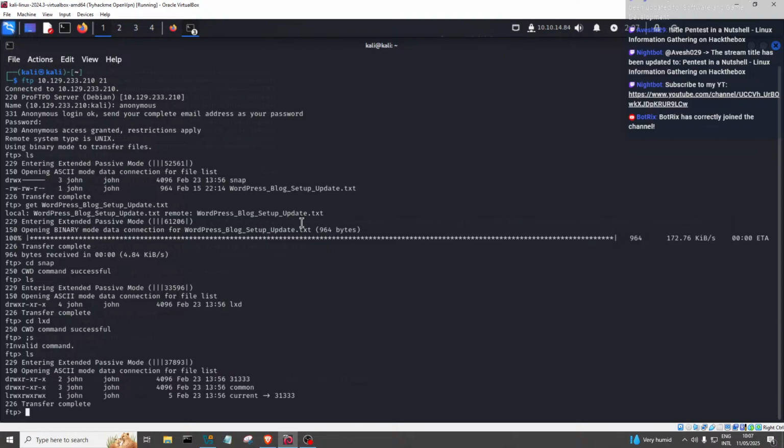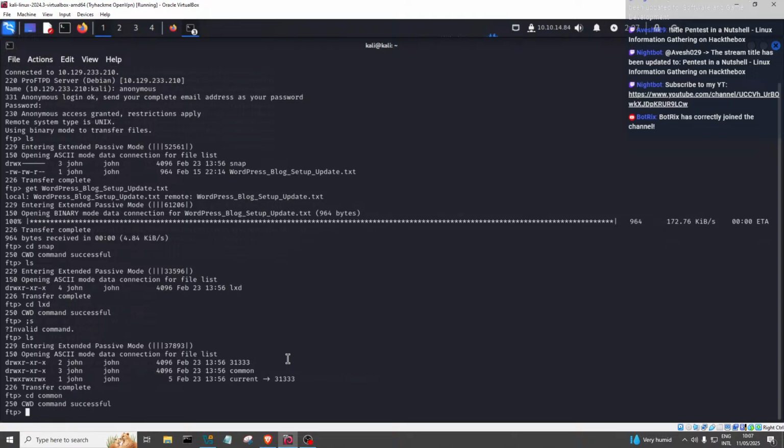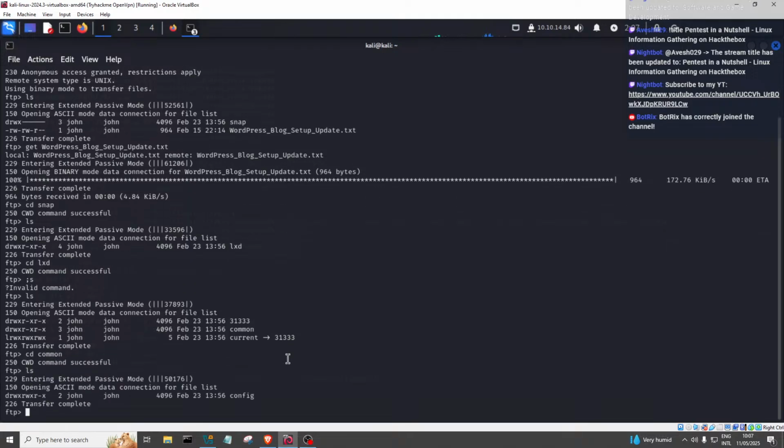Okay, we have a bunch of stuff. I don't know what this is actually. I'm guessing this is a snapshot of, yeah, I actually have no idea what this is. Let's see the common here. We can find inside. We have config files. That's interesting. Let's see if it's text or